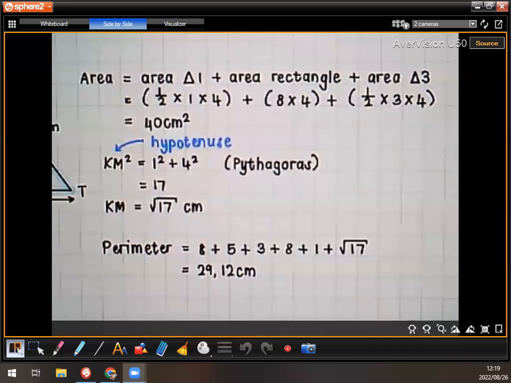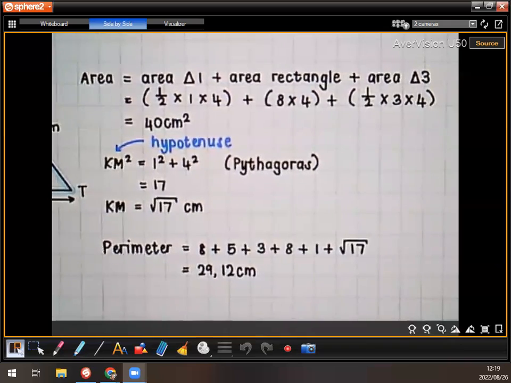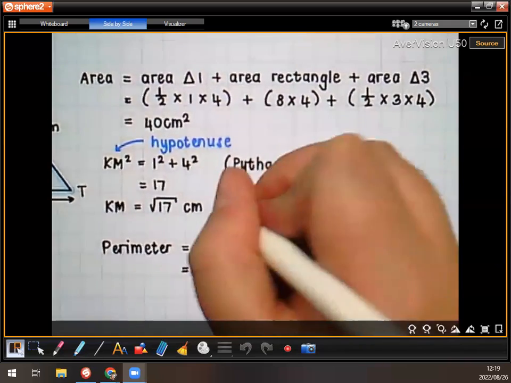So KM squared, I'm just going to write here, this is the hypotenuse. That's why I'm adding the other two together when I'm calculating this one. Remember, if it wasn't the hypotenuse, we would say hypotenuse squared minus the other one squared. Okay? So you can leave it at root 17 centimeters. You remember when we did that, I said if you have a number that doesn't actually have a square root, you can just leave it at that. But if you wanted to, you could work that out. Let's see quickly what that is. The square root of 17 is